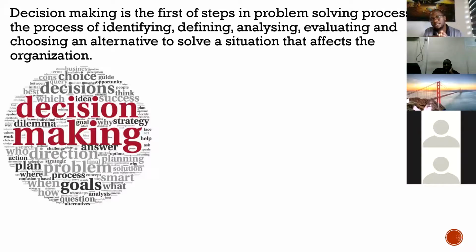Then you evaluate. Since you've understood the relationship, the correlation, the inferences, you evaluate. That is knowing the consequences of A and B. Which one should I choose? What will I be left with when I choose A? What are the consequences of choosing A? What are the impacts of choosing A? What are the consequences of choosing B?